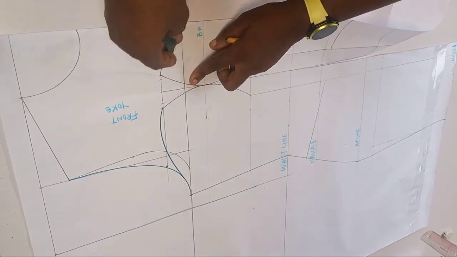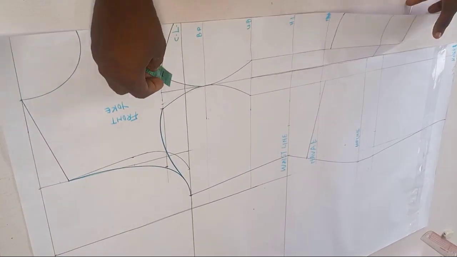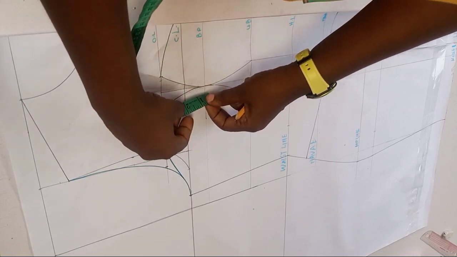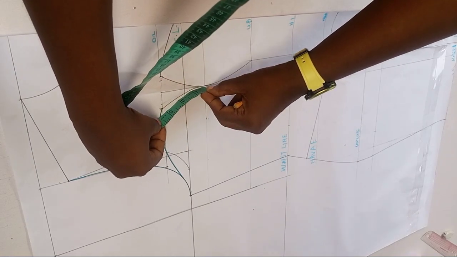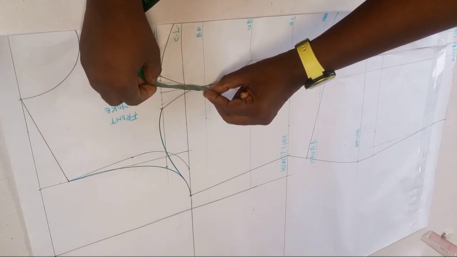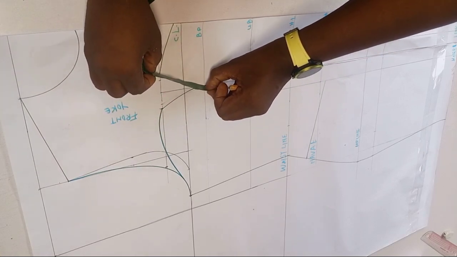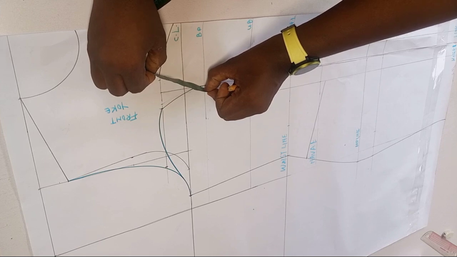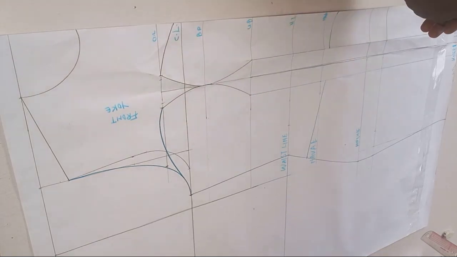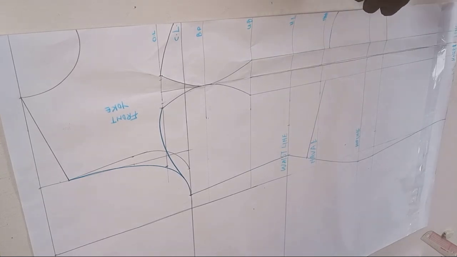In this case, the 2 points actually matched up together. I also did another reconfirmation. I took the measurement on the right dart leg, and also the measurement on the left side to be sure that I have exactly the same measurement. Now that that is confirmed,